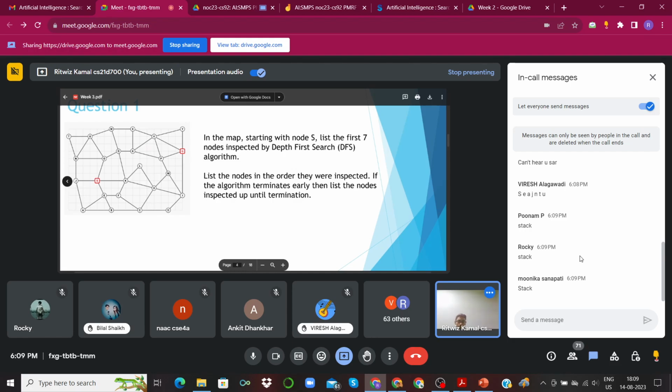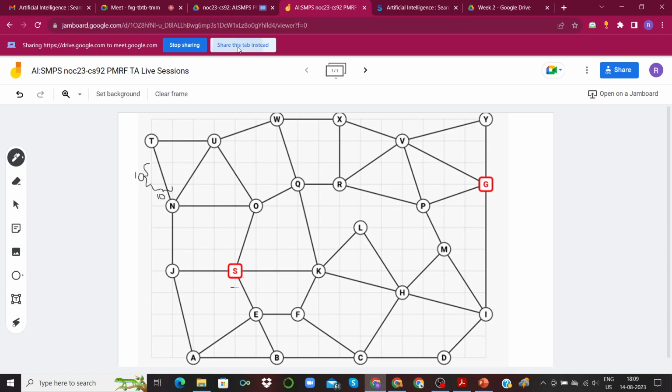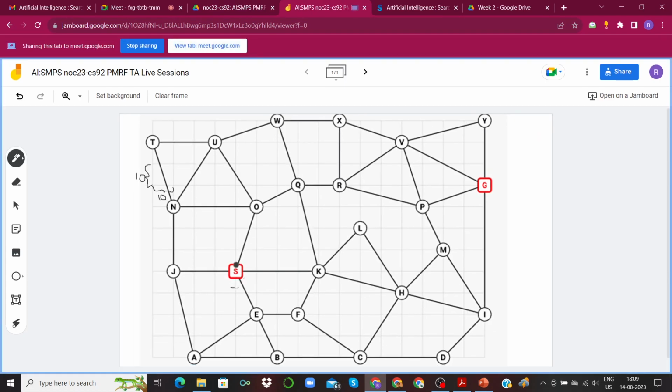And one other piece of information in this question that I forgot to mention and would like to clarify now: suppose we are starting from the starting node S, and there are a few other nodes that we could go to from S. So let me just shift to the Jamboard.